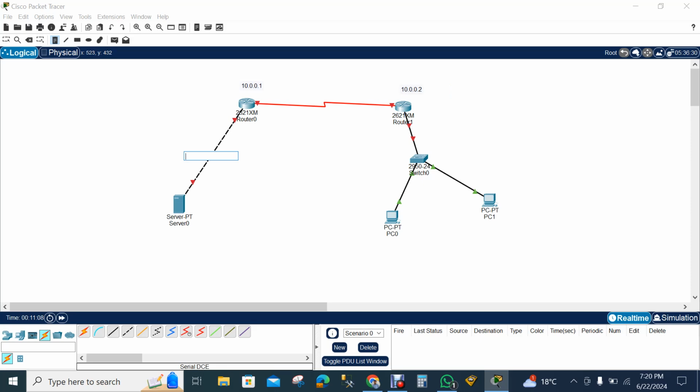And for my server, I'm going to write 192.168.0.100, and for this PC from my switch it should be in the 172 range, so 172.168.0.20, and another one will be